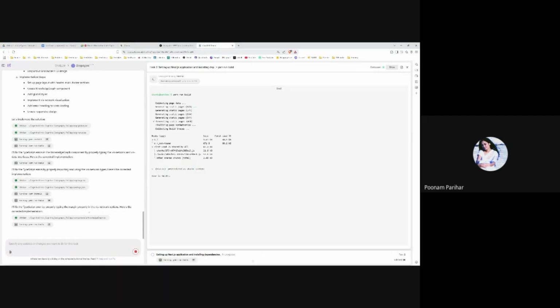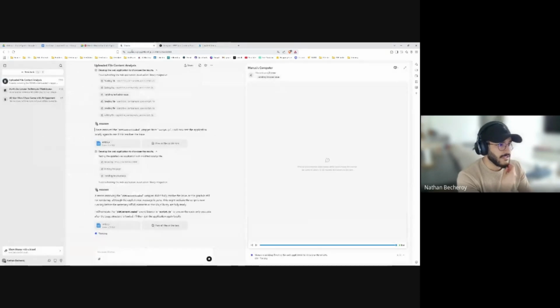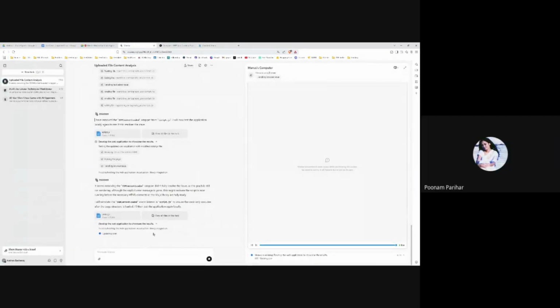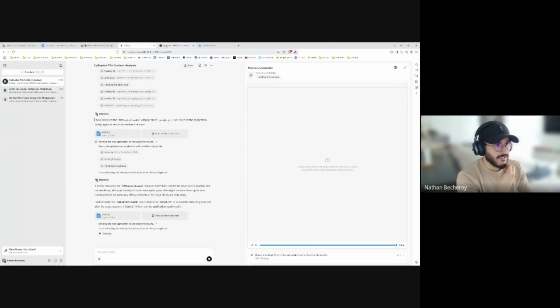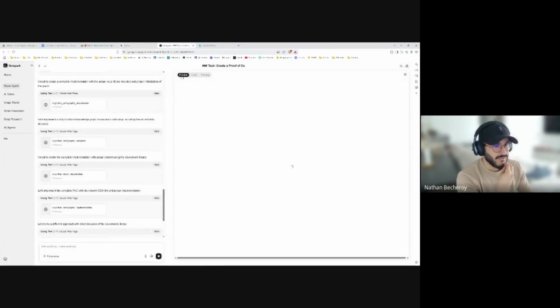They are not at the same level, as you can see. The building has a different structure. You can see that Manus and Genspark have almost the same.